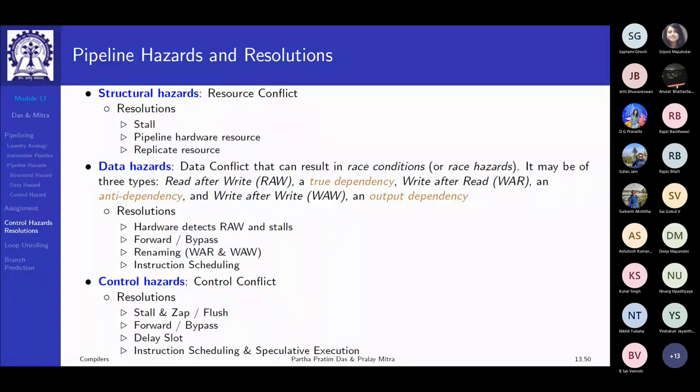I mean, certainly it will get generated before it is written back to the register. So if I'm doing an ALU operation, after the execution stage completes, even before the subsequent mem and write back, it will be available in the ALU. So we can do a bypass from that point